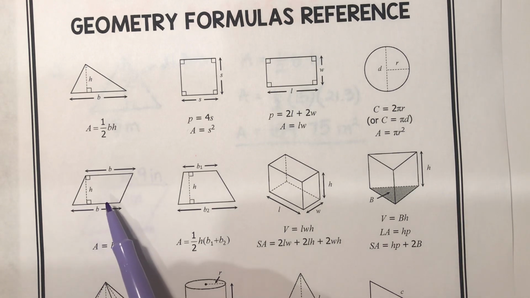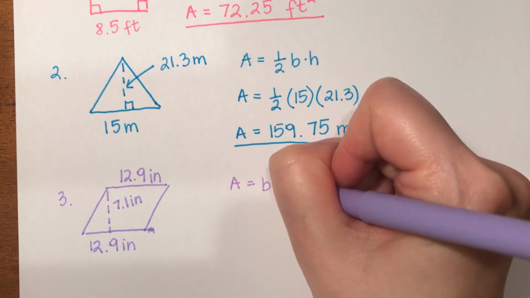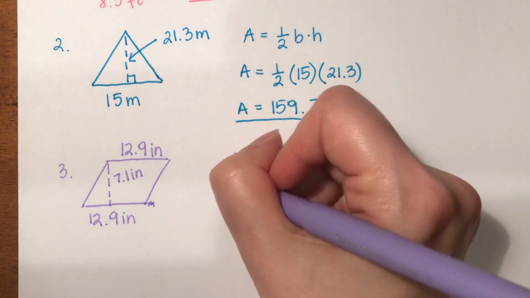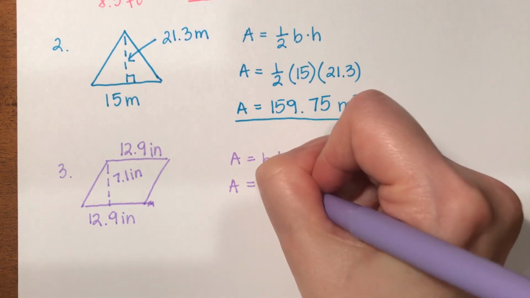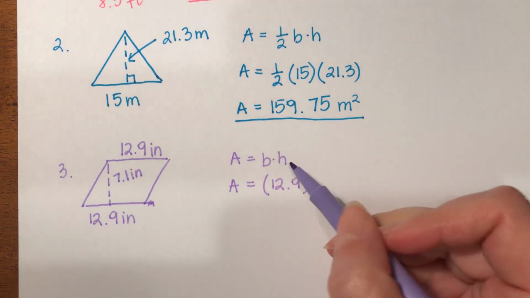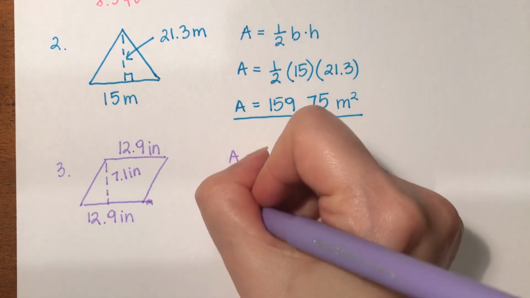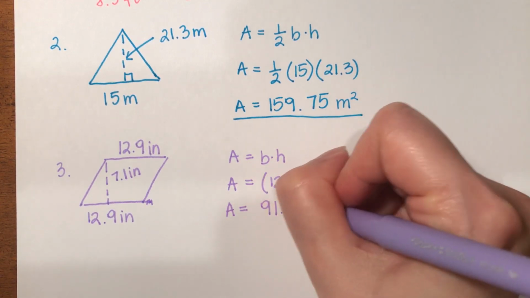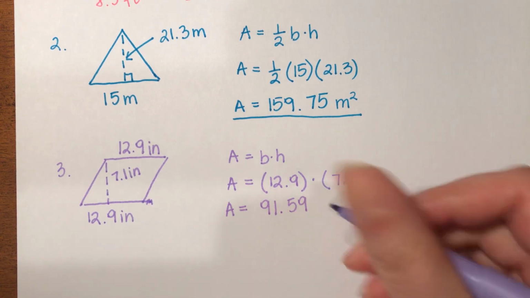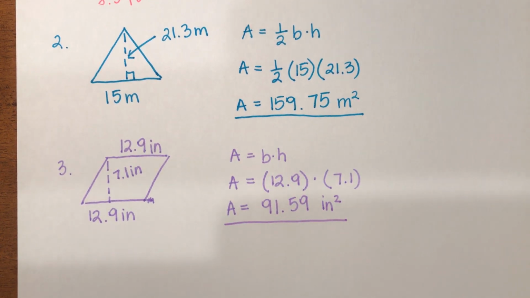Here is your parallelogram. Area of a parallelogram is base times height. So area is base times height. So now let's just substitute. Area equals base is 12.9 times height is 7.1. Okay, now when you multiply this, you should get 91.59, and then now my units are inch, so we get inches squared. Okay, number 4